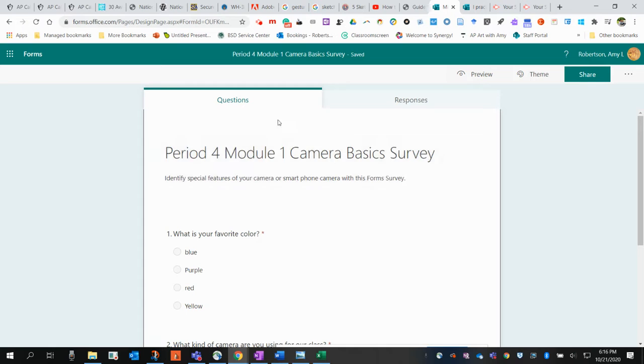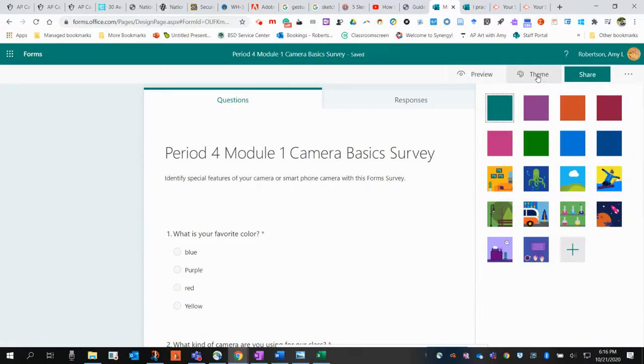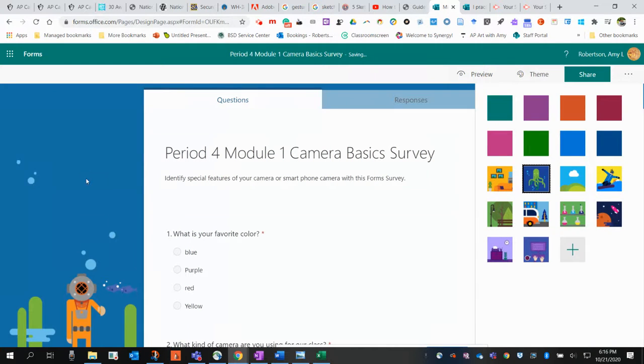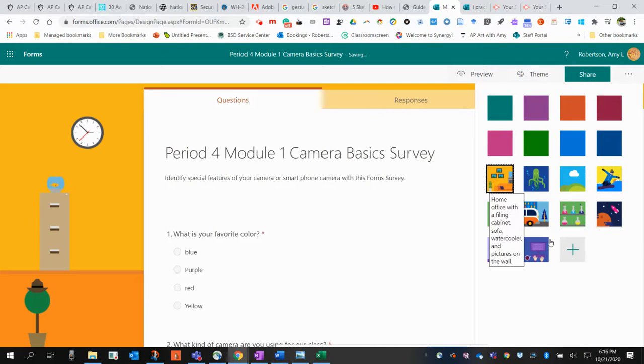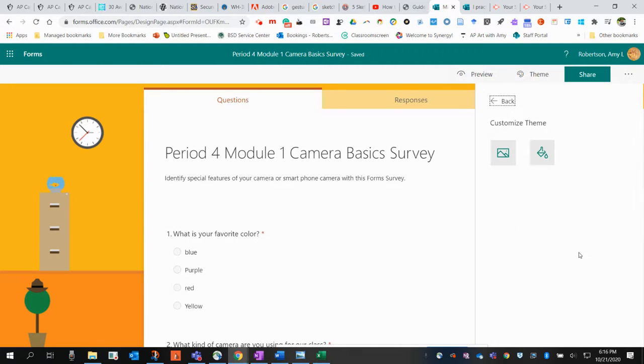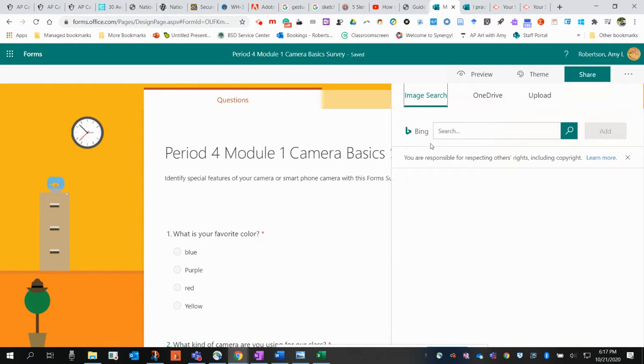So anyway, back to the questions in the forms here. Once you get your survey done and you're happy with it, you can actually change the theme. You can just change the background to whatever you want. I used to have more here. They kind of come and go. I don't know what's going on, Microsoft. Anyway, you can also customize your theme. You can customize the color. If you have a hex code, you can put it in. You can also go and search for something like